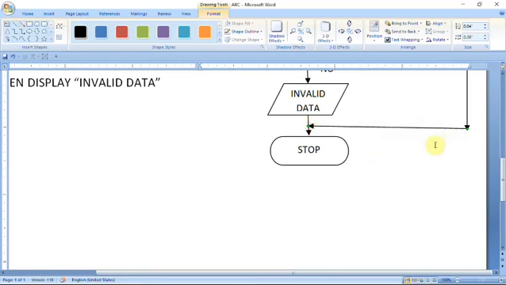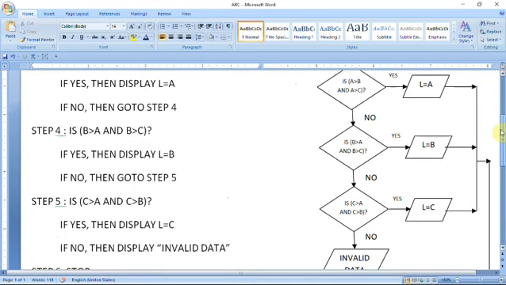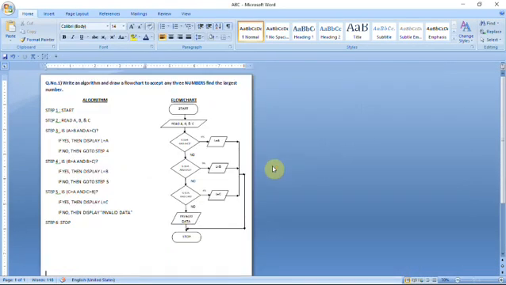So this way we have to make a flow chart for this problem. This is so simple because when you do practice at your home you can easily understand. So this is one complete algorithm and flow chart for this problem.